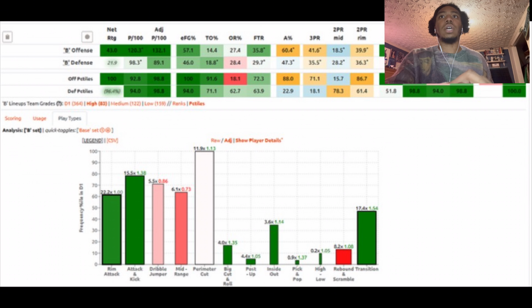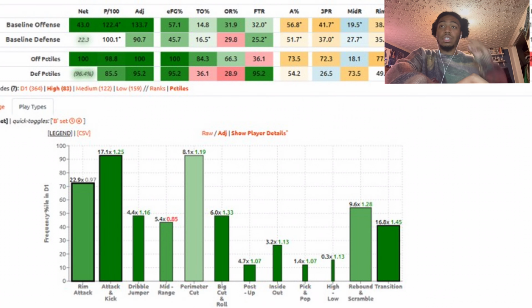Versus the top 220 comp, his assist percentage actually dropped even more heavily to slightly above average when he played without Malawach. The team's offensive process also changed substantially when it was just Kon, no Malawach. Their rim attack playstyle frequency dropped by nearly 10%, while their dribble jumper and mid-range frequency ballooned with substantially below average efficiency. Meaning, not only did Kon within the constructs of a team's impact really struggle playing without Malawach, he also